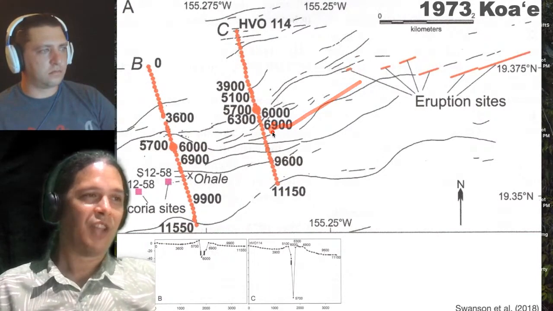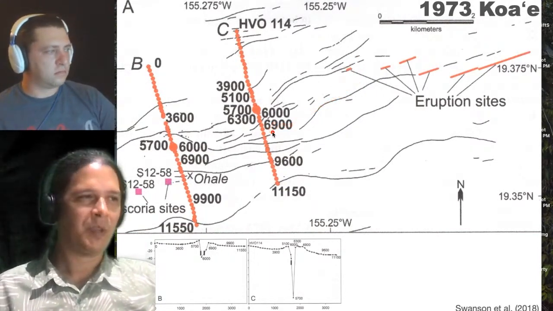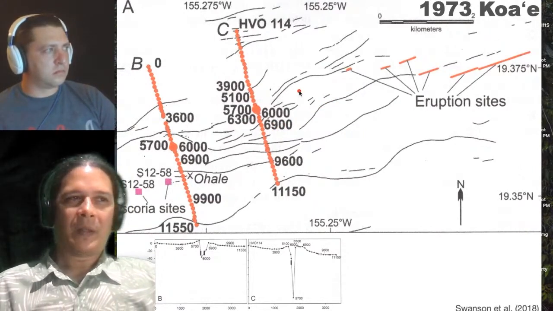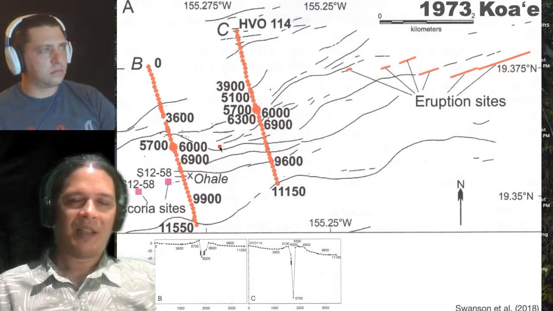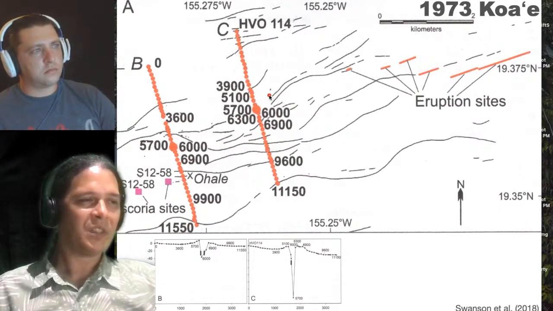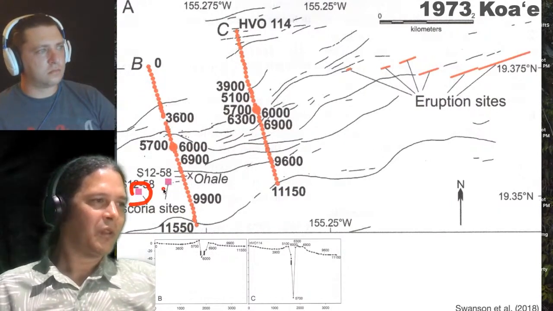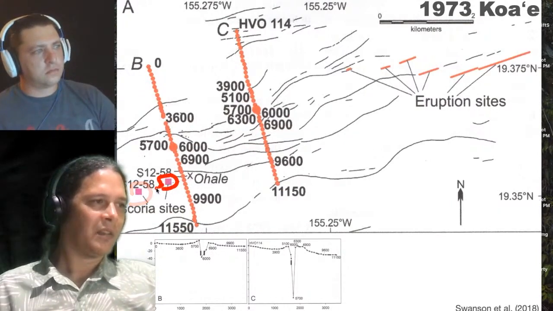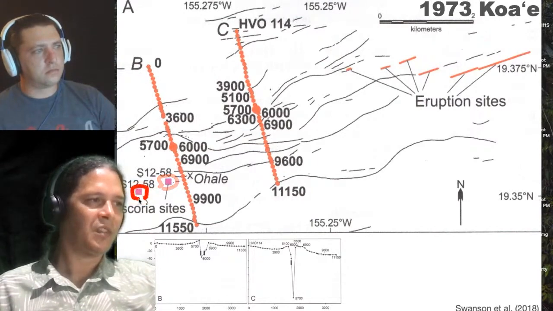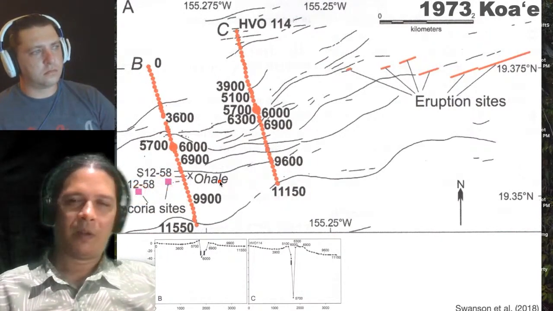Now we're seeing that there's not nearly as forceful an injection, because we're not seeing a huge number of eruption sites on this Kauai area. It's actually pretty rare. There was another one found that we'll discuss, these two other scoria sites. It was the topic of the paper by Don Swanson and others, 2018, where we got this